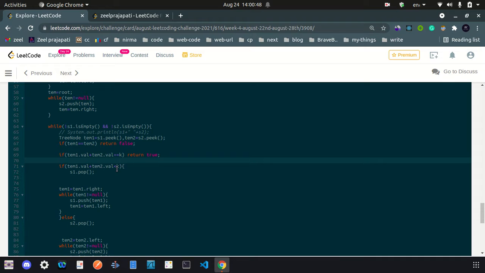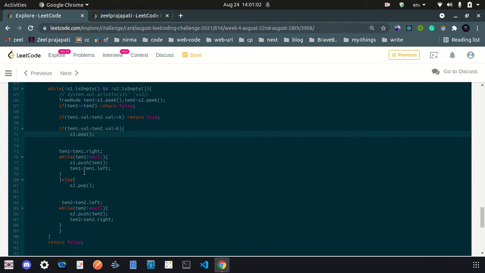Otherwise, if my k is greater, then I have to go to the next minimum value, rather than the top of stack s1, the top of s1 which is the maximum value. I have to go beyond that, to the next value. I hope you can understand. Then I will go first to the top's right. What we are going to do here is, our left, and we first go left, then we go right. So we have to find the next maximum value which is bigger than the current temp. So we are going to do the same thing.